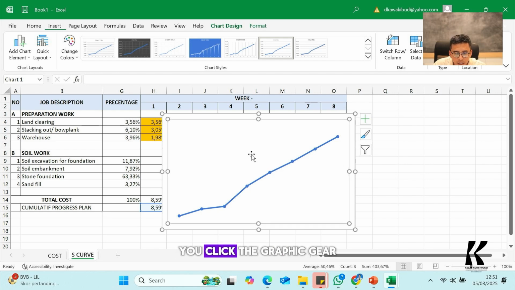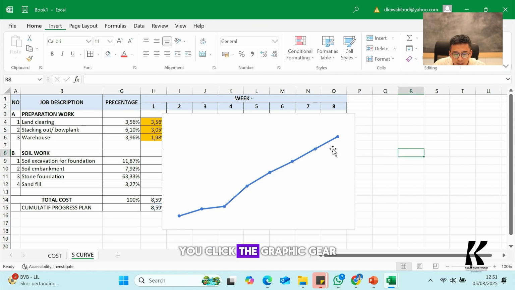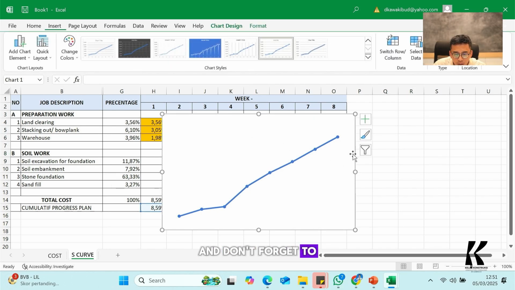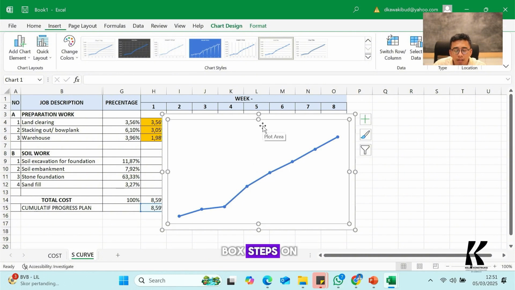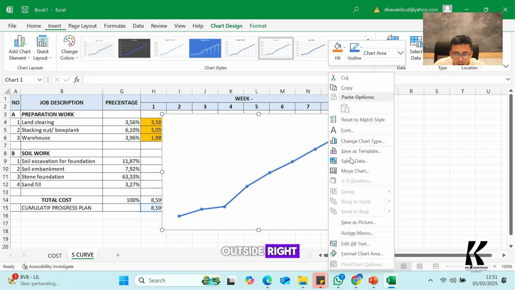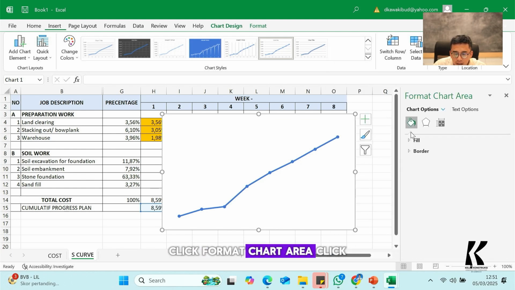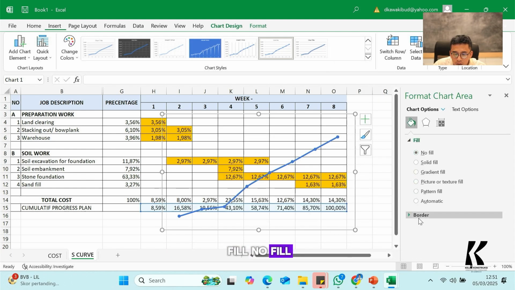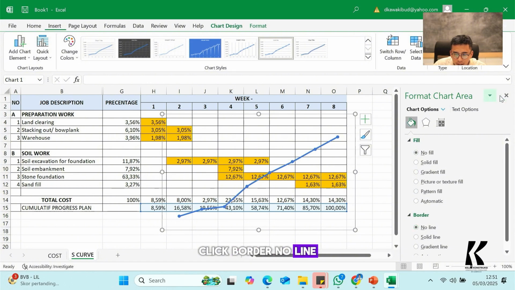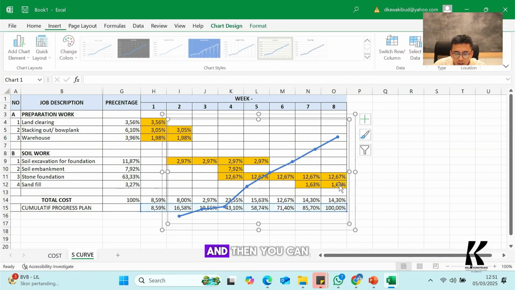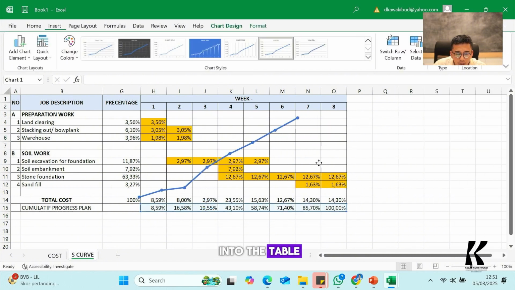After that, you click the graphic. Yeah, don't forget to click outside the box. If you click inside, there will be 2 boxes on. Yeah, so you must choose outside, right click, format chart area, click fill, no fill, click border, no line. Then you can close it, and then you can put this S-curve into the table.